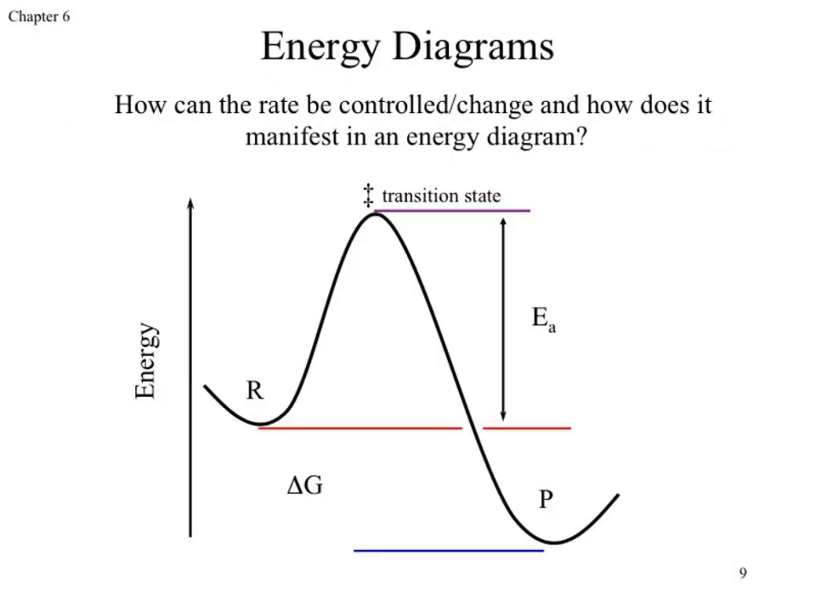Okay? So how can we control the rate? Change the height of that activation barrier. How can we change the height of the activation barrier? We could add a catalyst. What else could we do? We could heat it up. What does heating it up do? Increase the